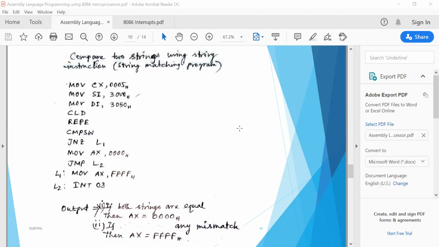If both strings are matched, every data byte is matched with each other, then your output will be shown as 0000.